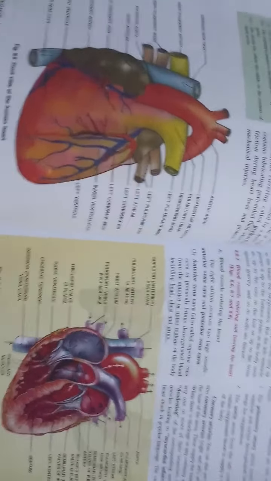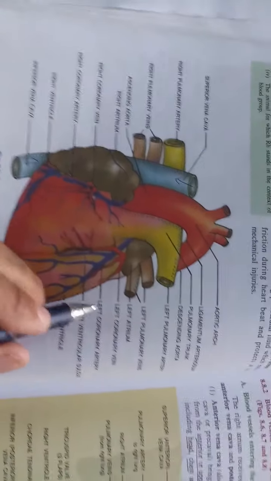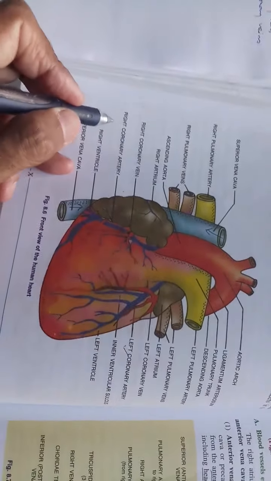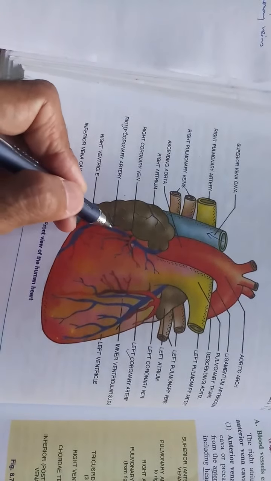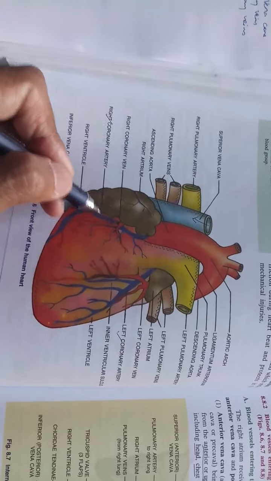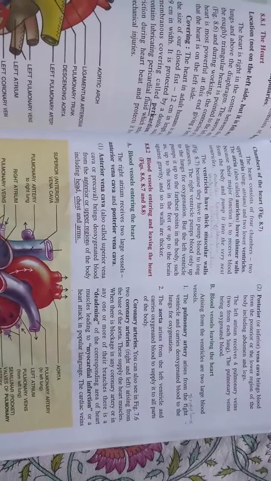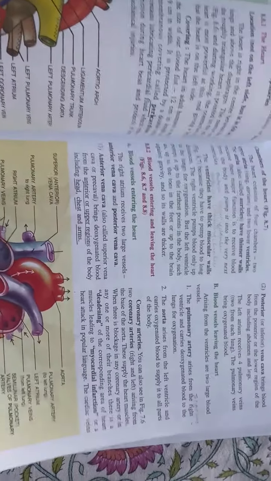So when you look at this, take a look at the left coronary artery and right coronary artery. Can you see this? They supply blood to the heart muscles, and this is very important for the heart. So in the future when you hear about a blockage, keep in mind this is the area where you get the blockage, right?